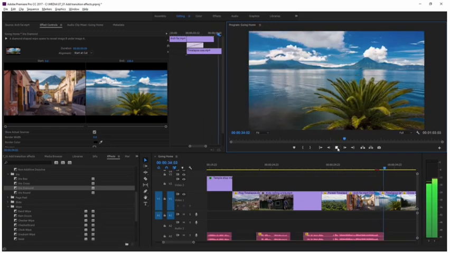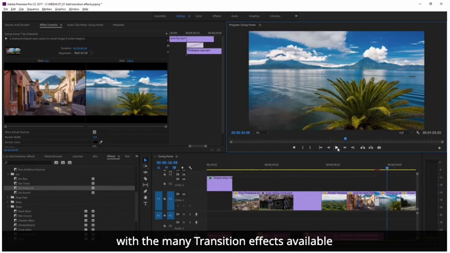It's a good idea to experiment with the many transition effects available, though most professional editors will advise caution. If the transitions begin to distract from the story, you may